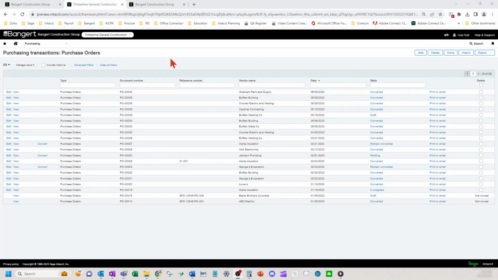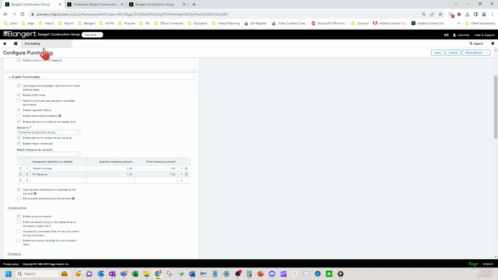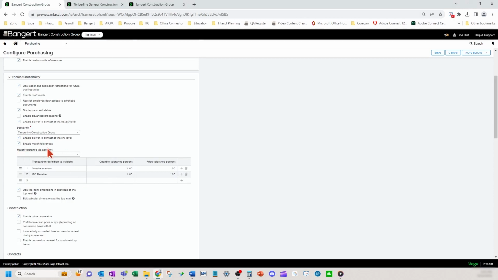One of the other enhancements in the new release is the purchase order matching tolerance. So in purchasing, in the configuration, there is an enable match tolerance checkbox you can now turn on.